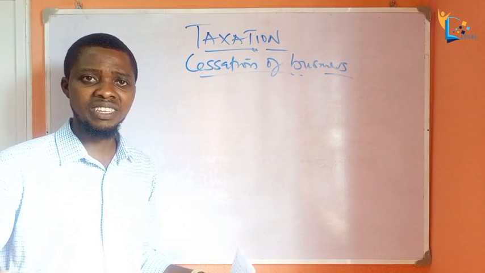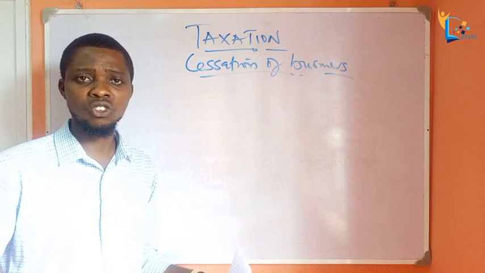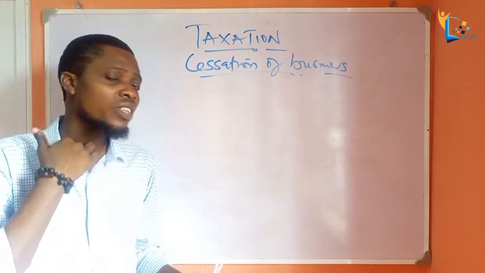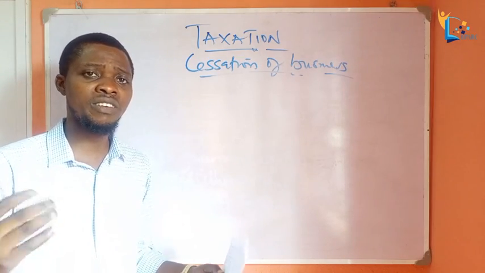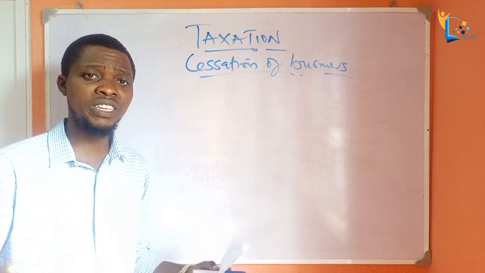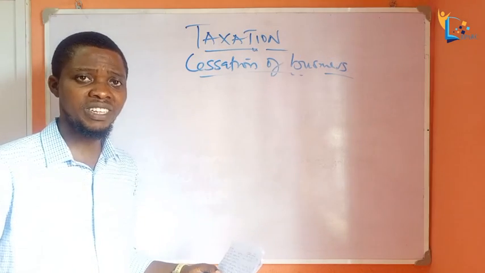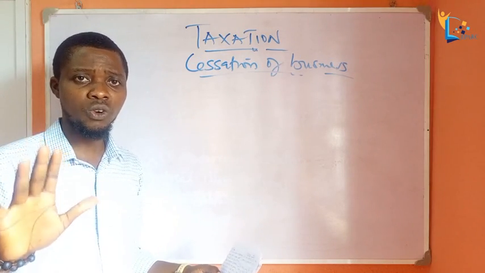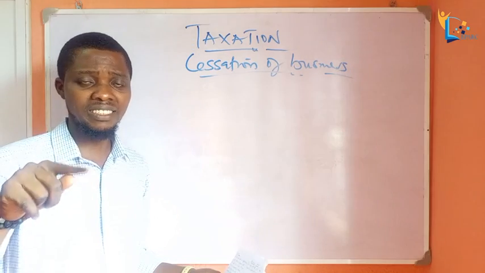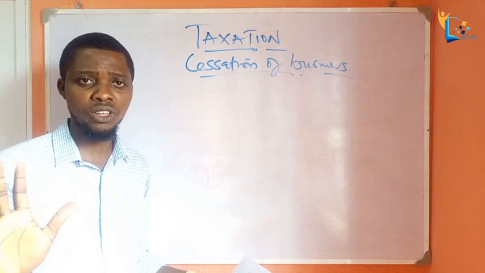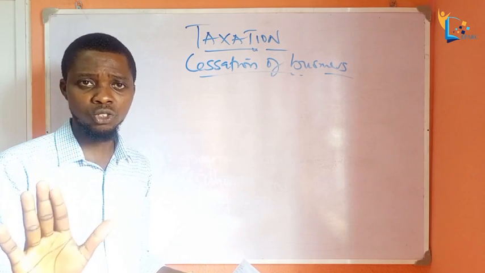It's also similar to those in section 29 subsection 4 of the Company Income Tax Act. It gives the rules governing cessation of business for the last 2 years to cessation. Now, these are the rules. Just like I said on the TikTok page, I'll post them on the screen so that you can go through them. However, I'm going to explain the rules to you.